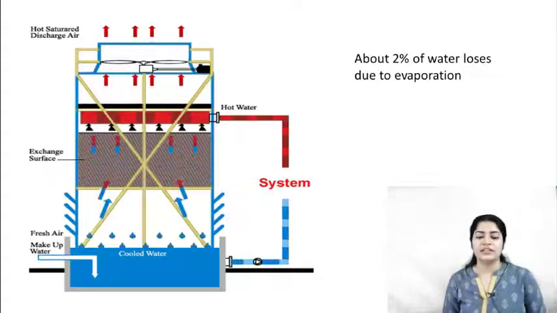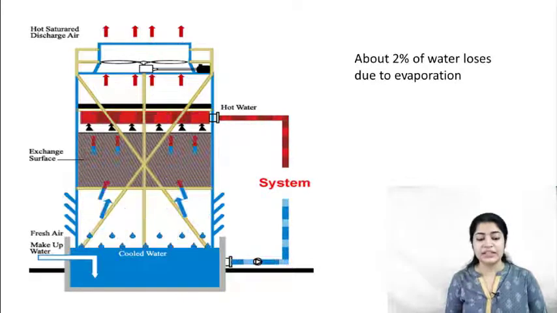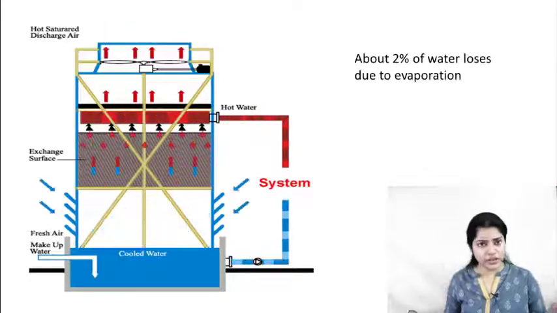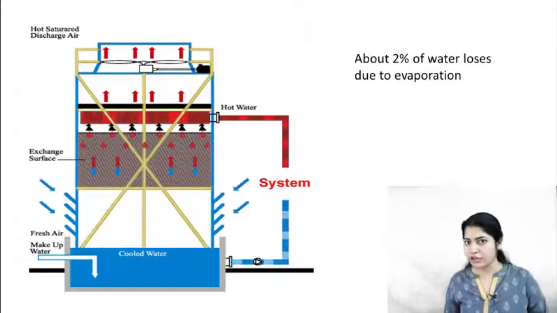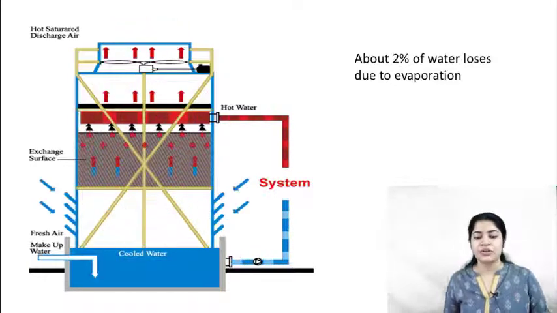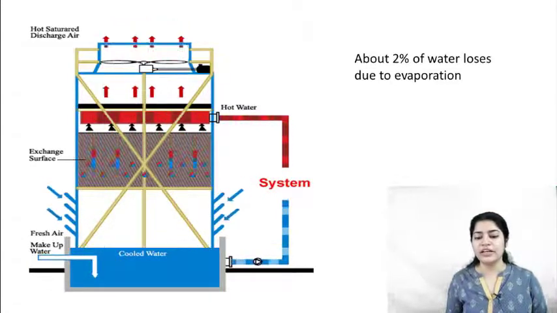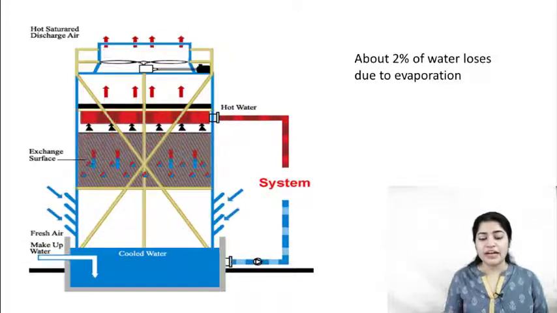Now, this is the working of your cooling tower. On the bottommost part you can see that your cooled water is stored in your basin. Your cooled water is stored over there. Now here you can see that fresh air is passing through the bottom of the cooling tower, right? You are sending your hot water from the top, where nozzles are kept.